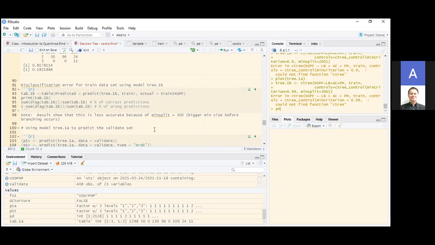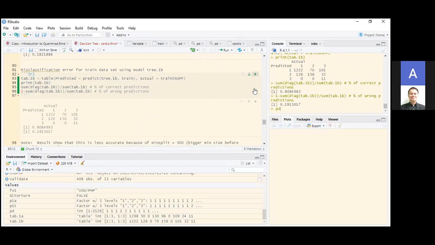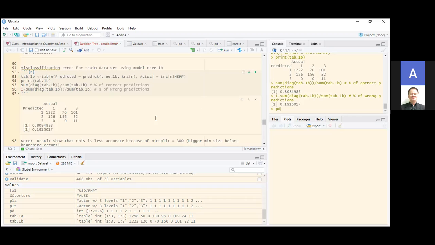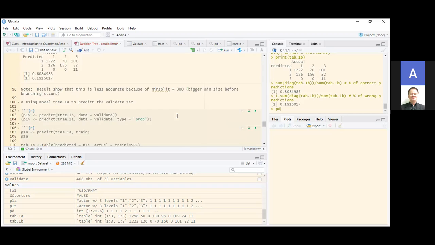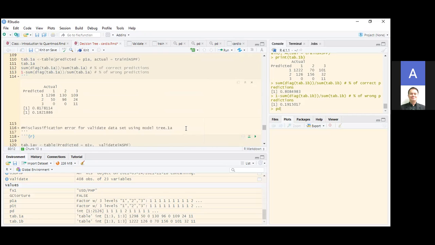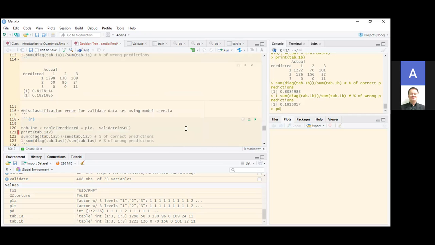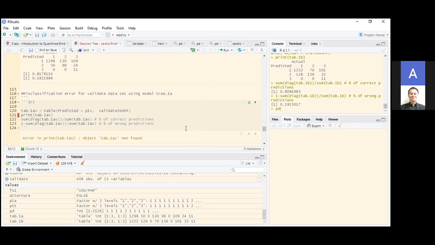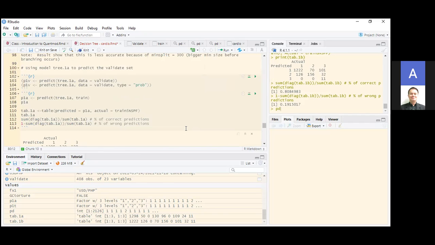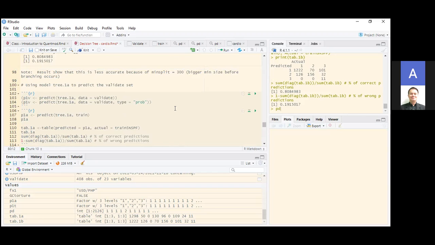Okay, kindly run that code chunk, row 93 to 96. Yeah, run that. Okay, so it's now 80.84. Okay, go down and then run. Okay, no, up, please, up. Okay, now run